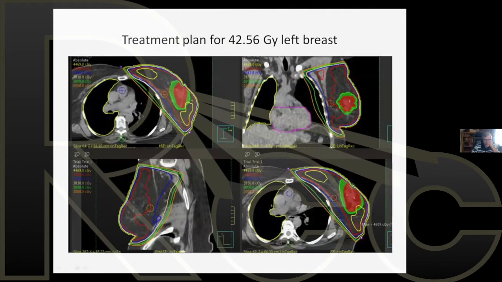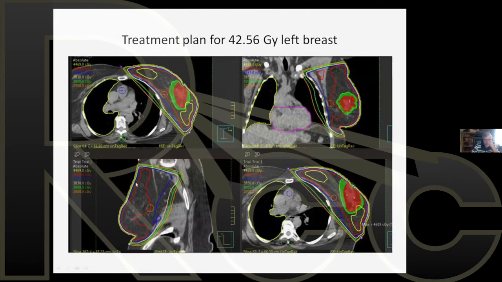This is what the plan looks like. And you can see some hot spots here and here. You see very nicely the tumor cavity, because the patient had surgery, the lump was removed. This is where the tumor was. This is the PTV that the doctor drew around it to take into account all the uncertainties. And you can see the red line here very nicely covers the whole breast and falls off very sharply. This was a very nice patient to plan because her heart was relatively small and far away from the